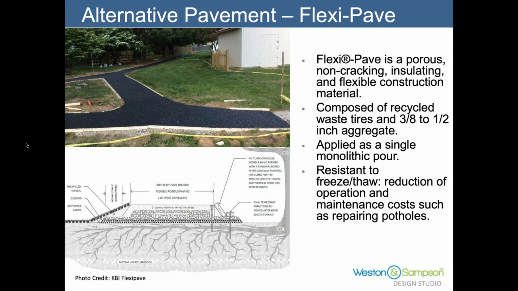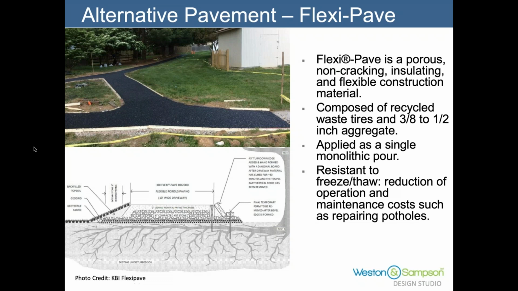So really quickly, beyond the structures that Jason's mentioning, by actually spanning some of the resource areas, there's a couple of pavement options, alternate pavements, that we suggest considering during a project. The first is FlexiPave. It's a porous pavement material that's composed of recycled tires and aggregates. It's applied monolithically, where it's basically placed down almost like asphalt, a smooth surface. But the advantage of this is that it will flex and bend and bow with any changing conditions below